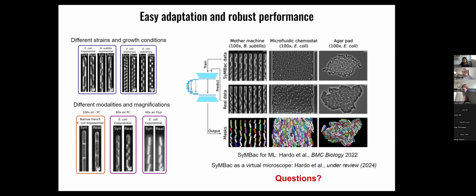We have a question from the chat. Two questions from the chat, I can read them aloud. The first one is from Konstantinos. I have time-lapse experiments in family machines and am having issues with phase contrast cell detection. Can I use SynBack for family machines instead of mother machines?